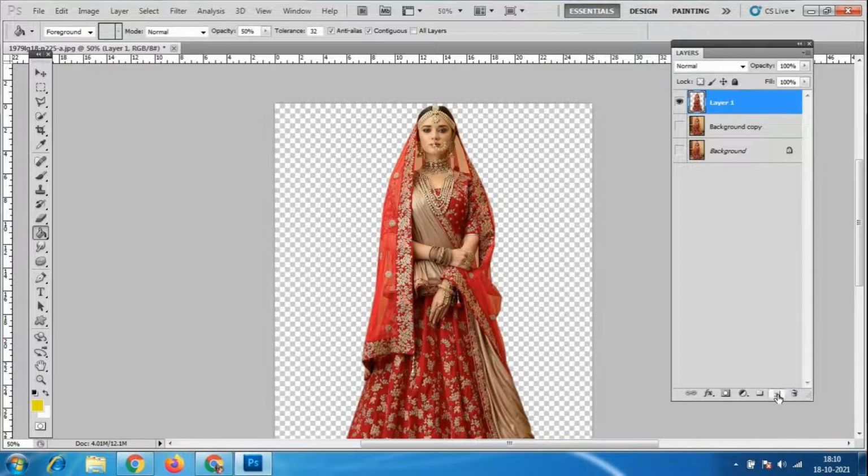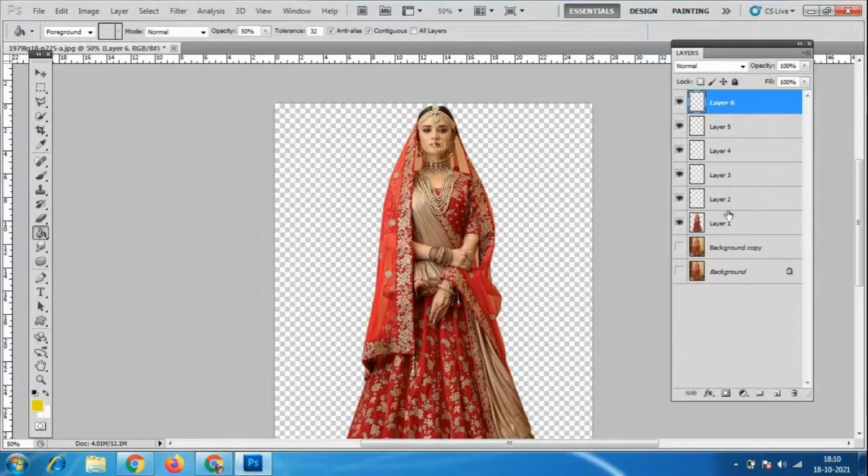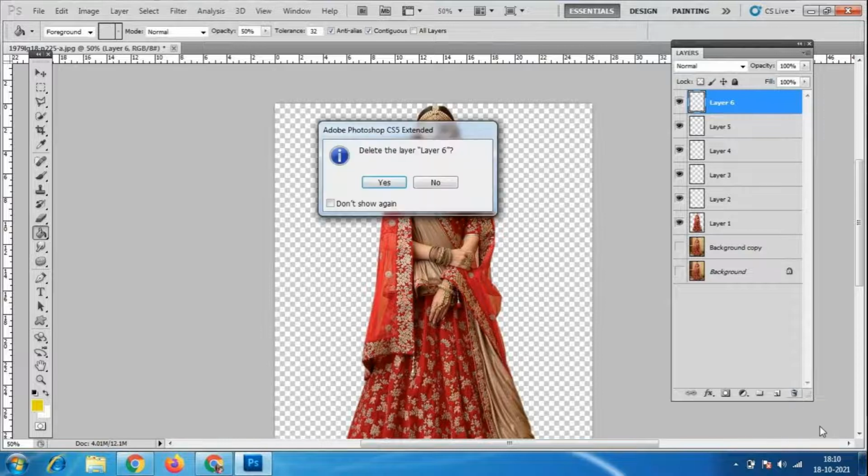I can click here, create a new layer. In layer 2, we have the option called create a new layer. You can take any number of layers over here. See, I have taken 2, 3, 4, 6 layers here. Suppose I don't want any layers like this, I'll select this layer and there is an option in the right side called delete layer.